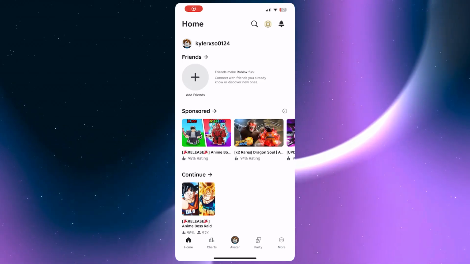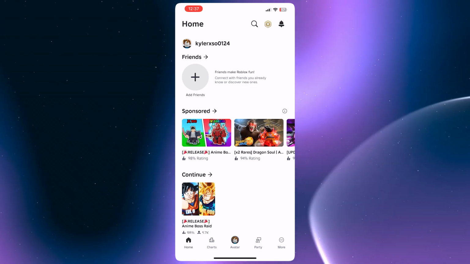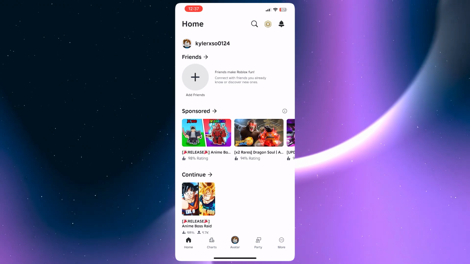In today's video, I'll guide you on how you'd be able to turn your screen sideways on Roblox Mobile. So let's get started. So here we are in the Roblox mobile app, and from here you just simply want to